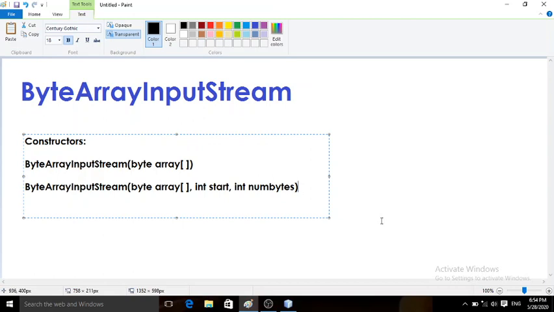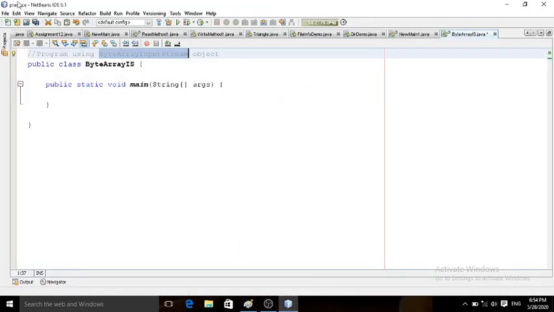Now we will see one program using ByteArrayInputStream. I am using NetBeans. I have already started one file for a program using the byte array input stream object. So here I write code.